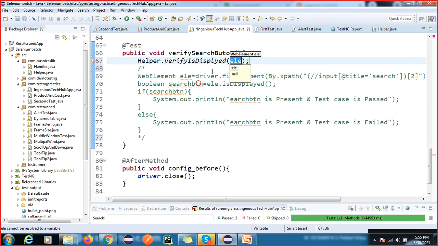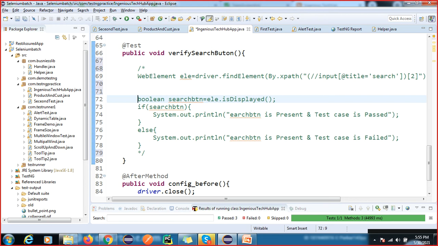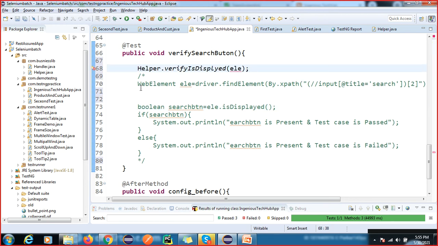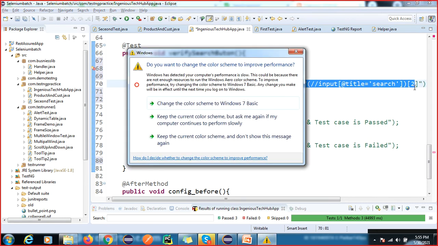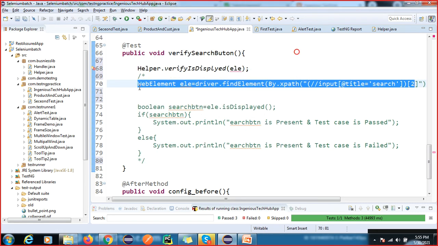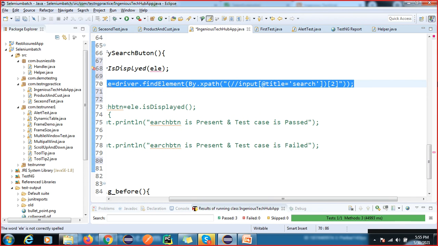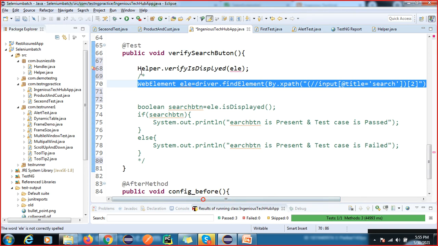So here you have to pass this web element. So here this element you have to use, then only we are able to do it.